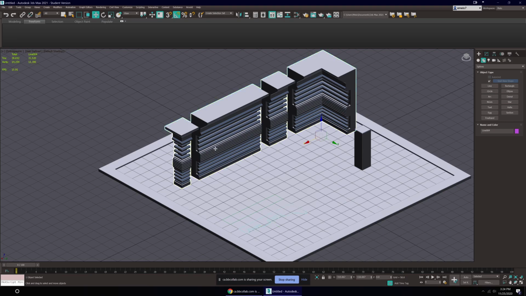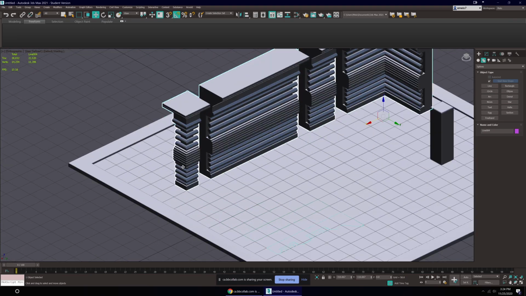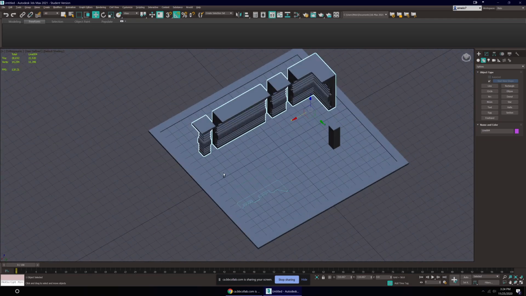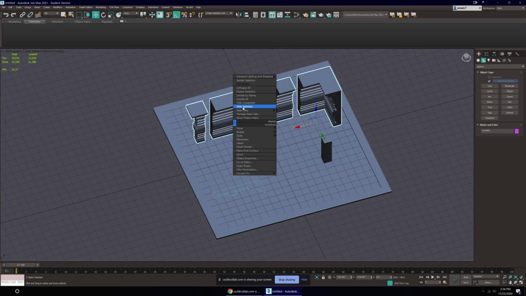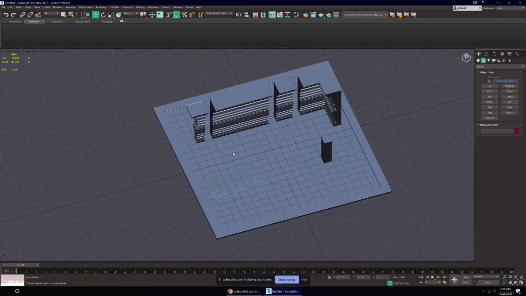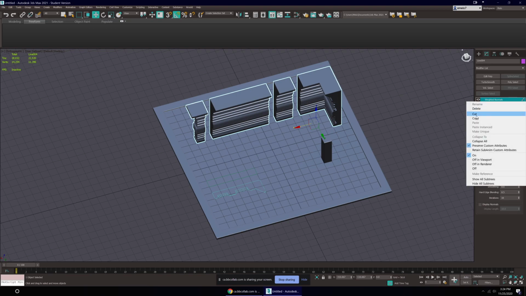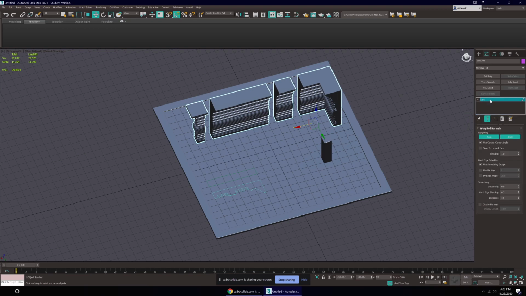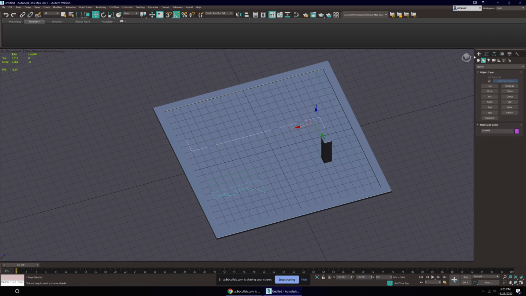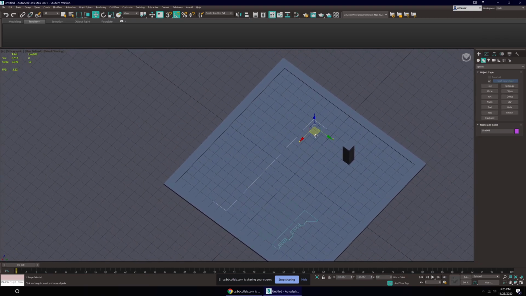See, I could select this. In fact, you know what? If I don't like this corner piece, I could just make it bigger. So let me hide that. Actually, you know what? Here's another cool thing we can do. If I select this, I could select all these modifiers, right click, cut all those modifiers. And now if I make a copy of this,